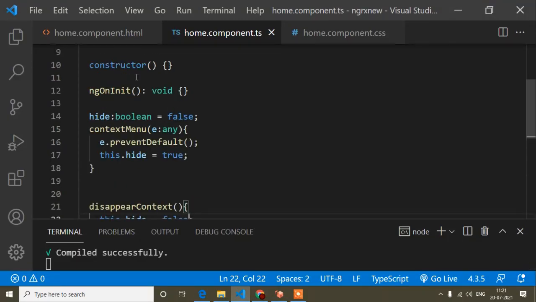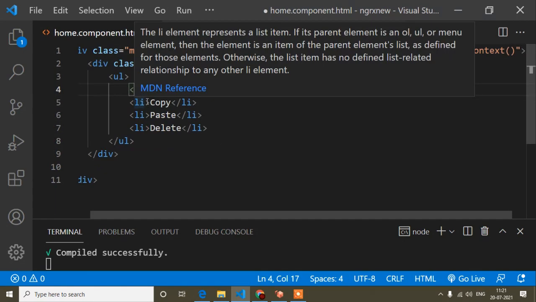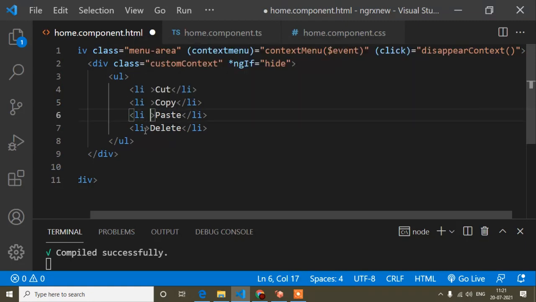So that's why if I click any of the li tags like cut, copy, paste, the menu also disappears. So for that, here in HTML, for all the li tags, I have to write a click method. So here I will write click, and I will write stopPropagation, and this happening is due to event bubbling.